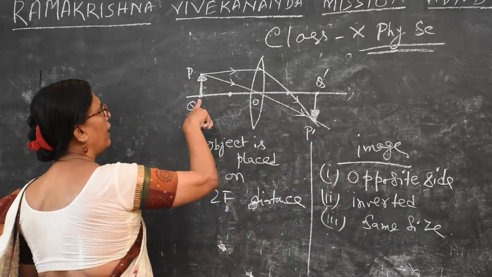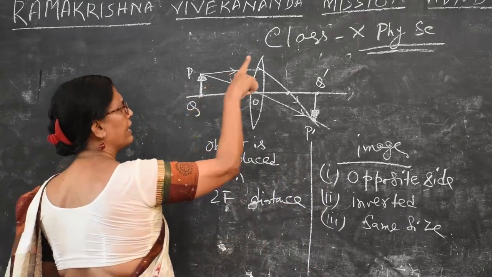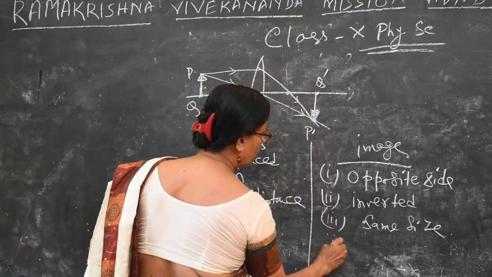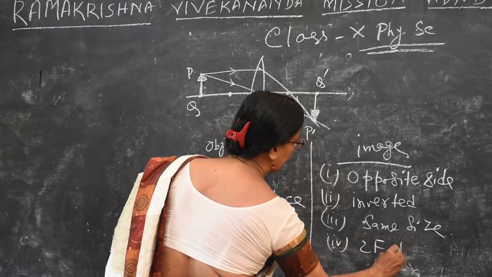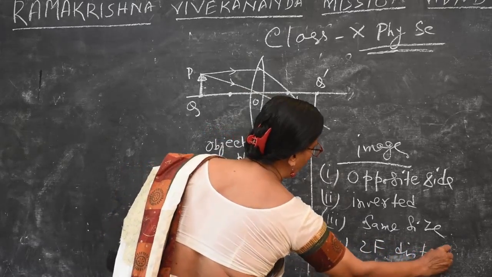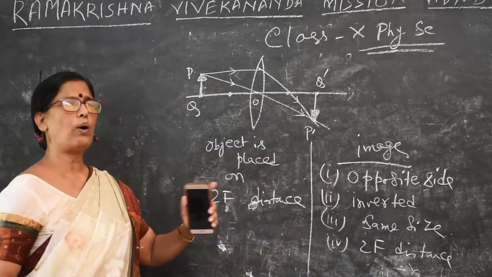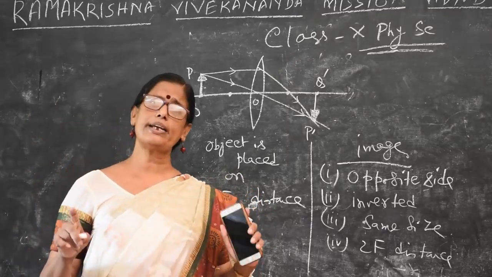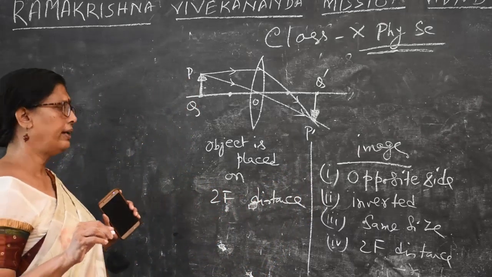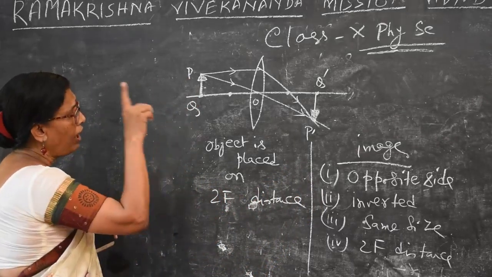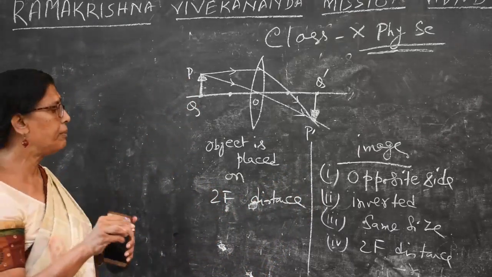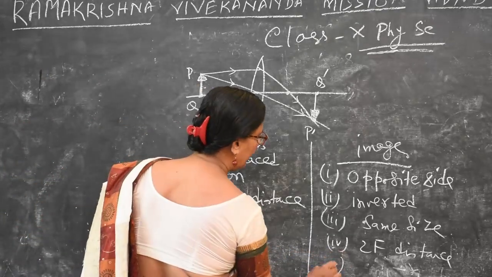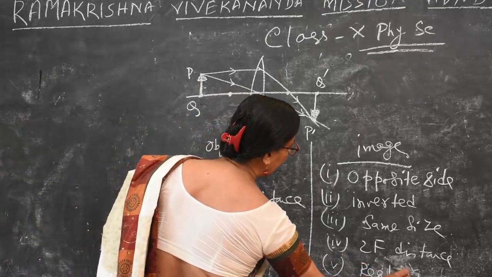Now see this one. This is 2f distance. This is also 2f distance. So 2f distance on the opposite side. You can mark number 1 and number 4 at the same point. You can mark this 2f distance on the opposite side. So 1 point may be deducted. And there it is already made. Really it is made. So it is a real image.